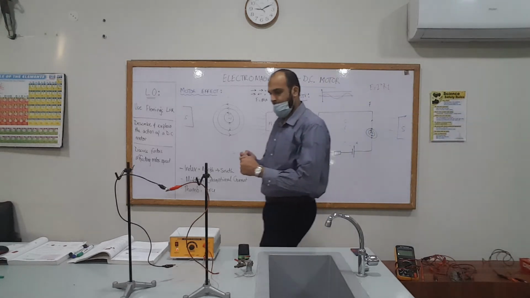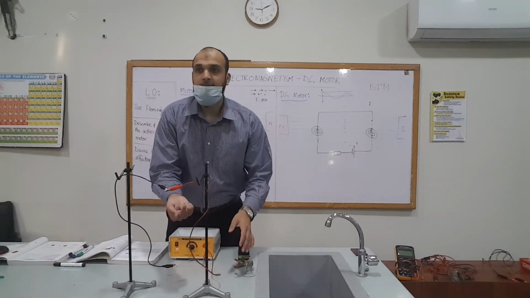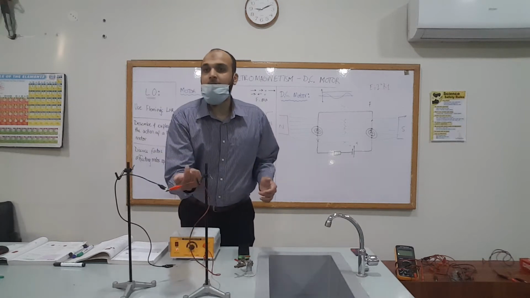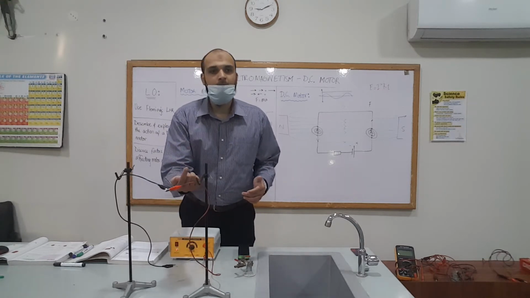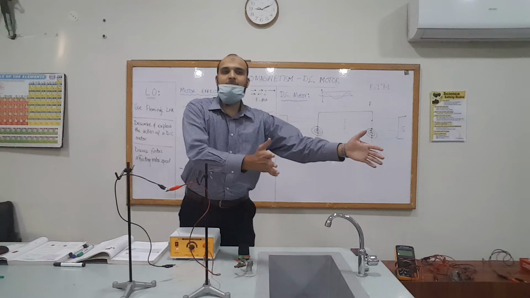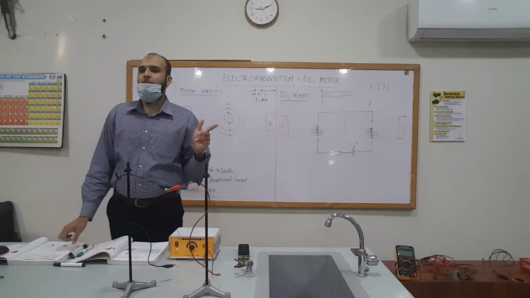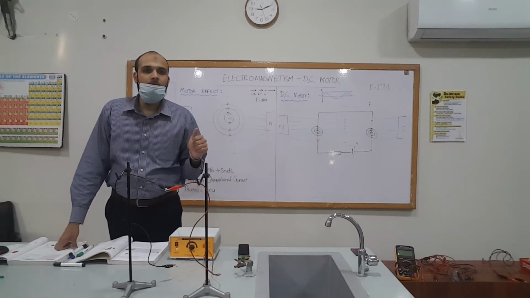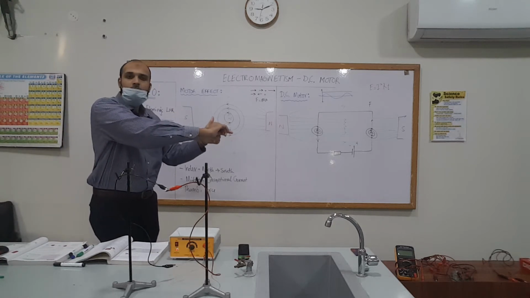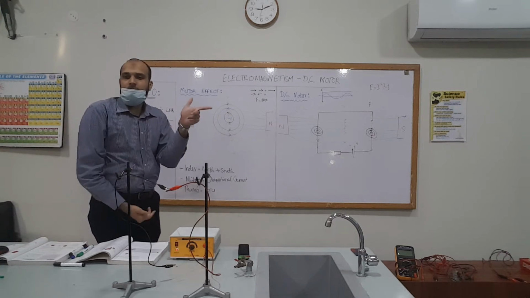So there is an electrical current, a conventional current, flowing up when we switch it on, and there is a magnetic field going from the right side to the left side, right? First thing to align: where should our index finger point? The index finger needs to point from north to south, so from the left to the right.